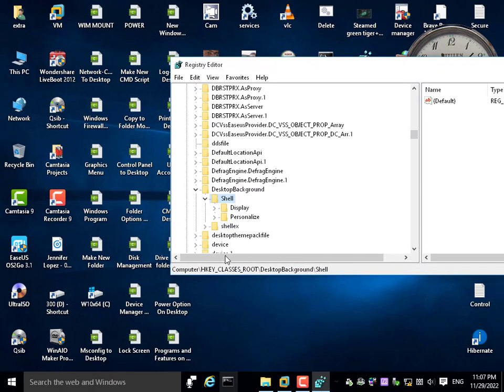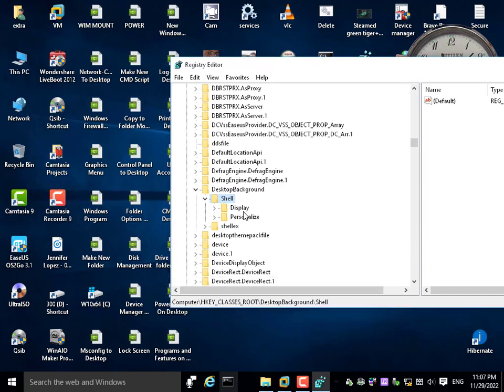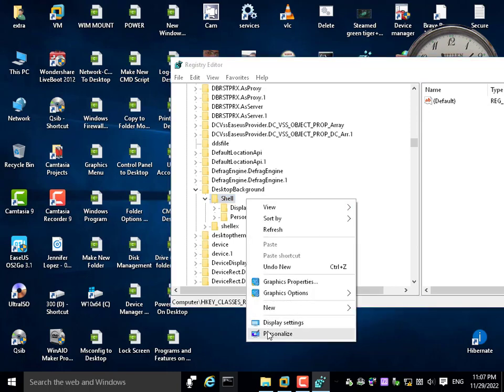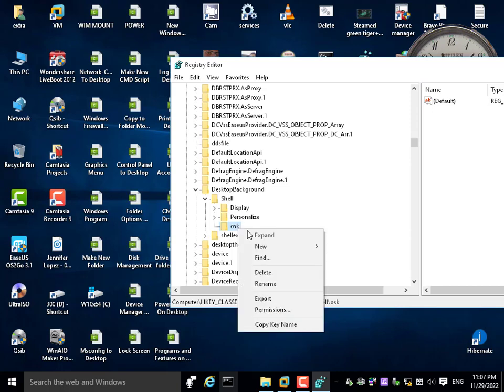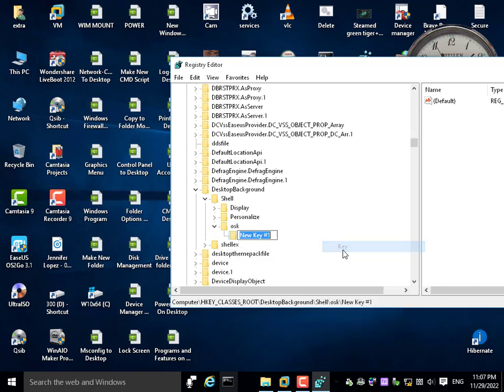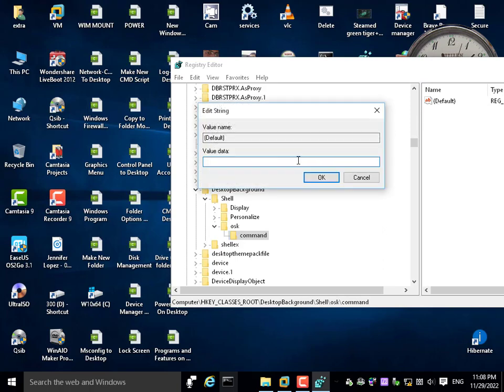Okay, let's do it here, beside Display and Personalize, like this. We will add our option here. Right click, new key, and write the key name. I'll name it OSK. Inside this one I'll make another key under this key and I'll name it command. Inside this command, on the right side, I'll double click, okay, and I'll write